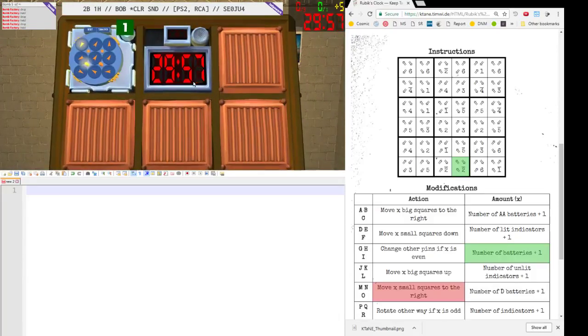Now, I am going to throw something else out there at the end of this. I'm going to show you how to do one without the manual at all, how a defuser can solo it. That's a little trickier. So if you're not interested in that, this is where we will finish up,